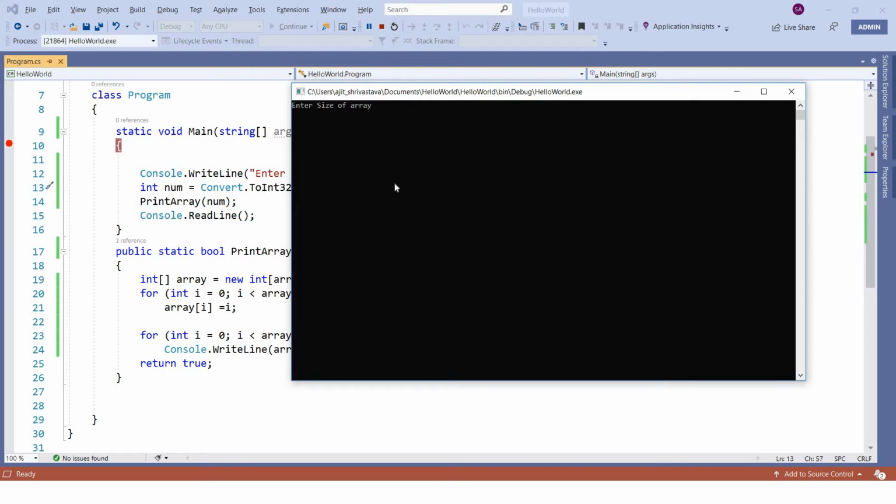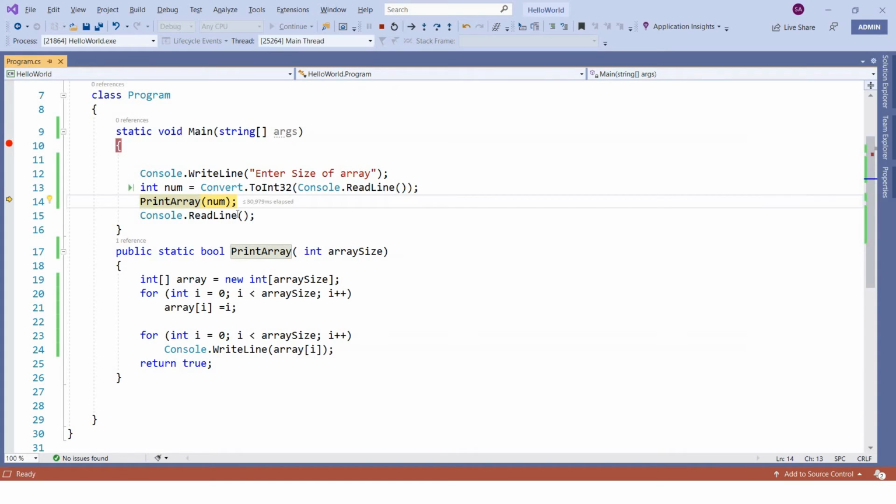Due to that you will not be able to see any yellow arrow here. Once you enter, let's say 10, and press enter, you can immediately see that this line got executed. Now it is in this line. Now you want to see what value the user has actually input here. What you have to do is simply mouse over here and you should be able to see what value this variable contains. Since we have entered 10, that 10 is visible here.